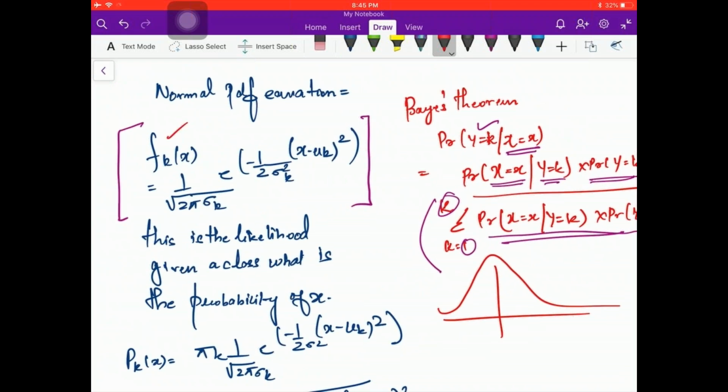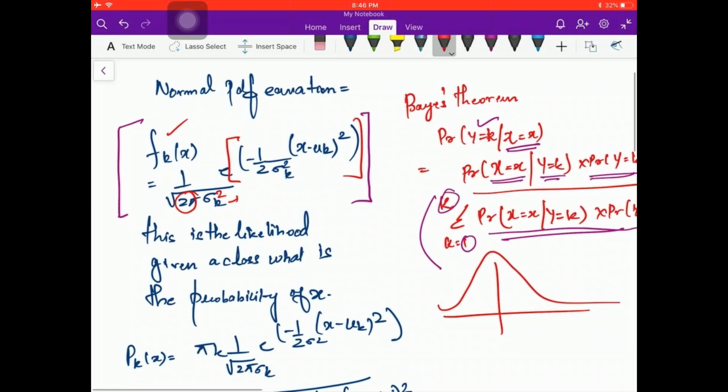So this is the probability, and this is 1 by root of 2 pi. This is a constant, and sigma square k, if you take it out of the bracket, this will be sigma k. Sigma k is the standard deviation in that class. So k is that class which we are talking about. Forget k right for now, just understand the formula: e to the power minus 1 by 2 sigma square into (x minus mu) square. This whole thing is in the power of e. Don't go too much depth into the equation. It will not help much.